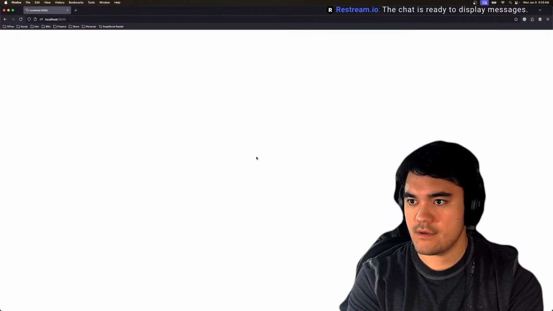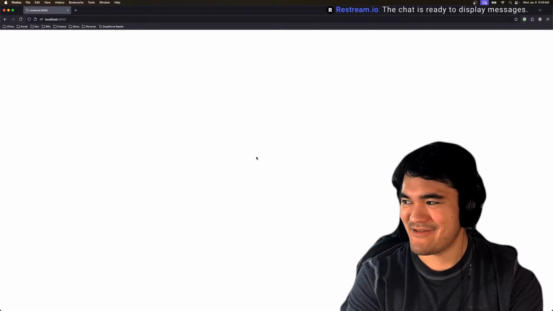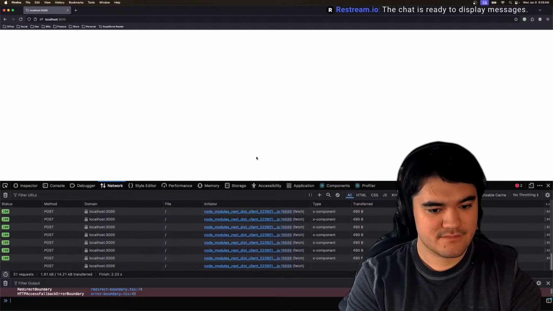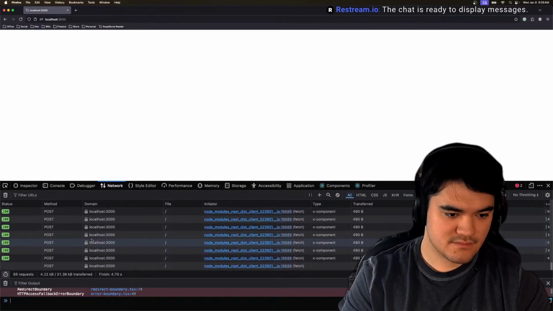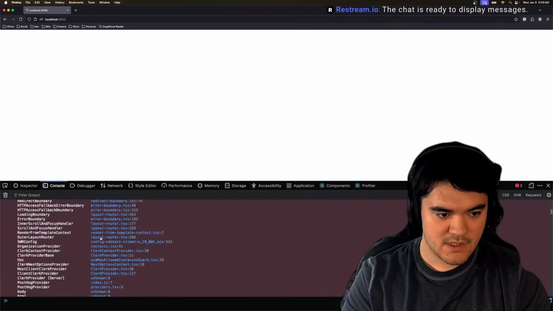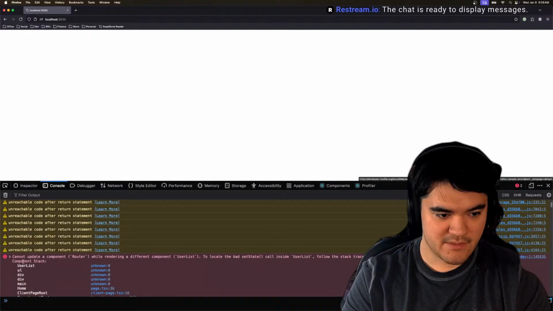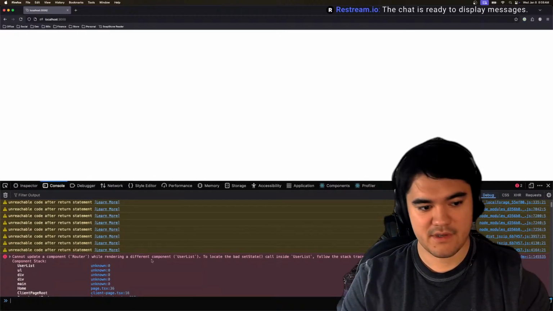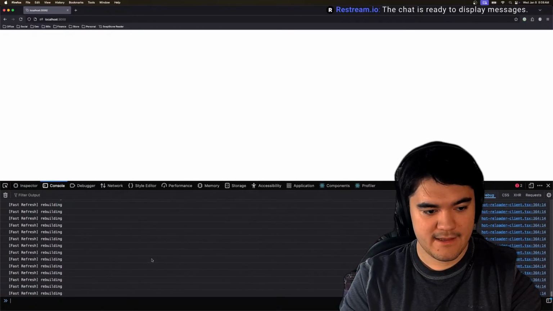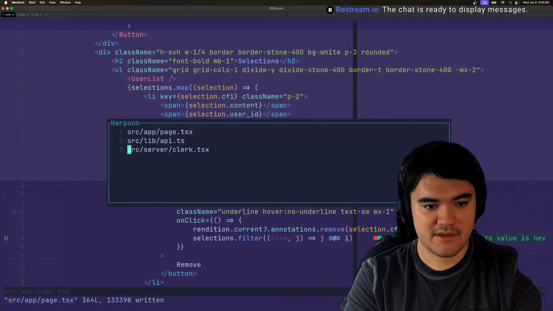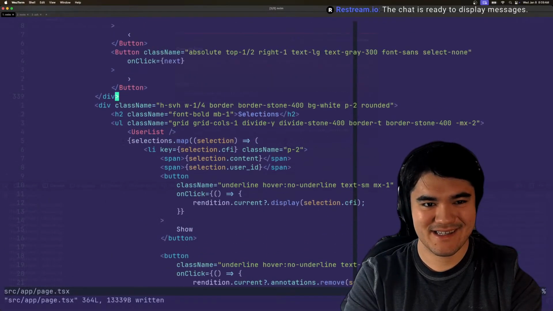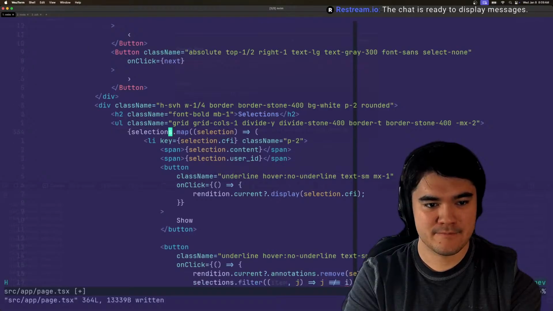Ooh. Uh-oh. We broke it. We broke something. So it's possible, well, rendering a different component, user lists. Yeah, it looks like we've created basically an infinite rendering loop. So let's get rid of that.